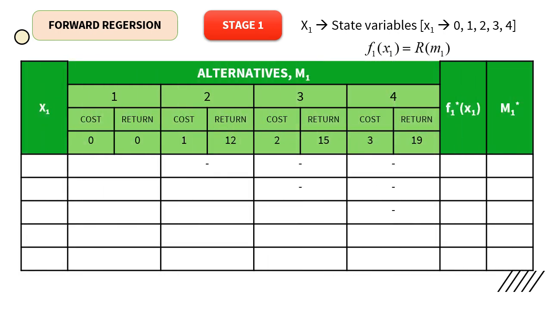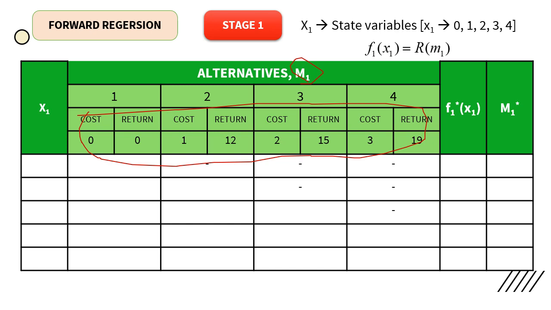In this table, you can see that m1 indicates I'm considering plant 1 as stage 1, and whatever the cost and return I have in the table is shown here. So for plant 1, for 0 cost we have 0 return, 1 cost we have 12 return, 2 costs we are getting 15 return, and 3 gives 19.